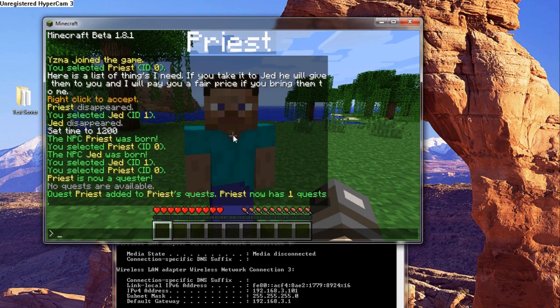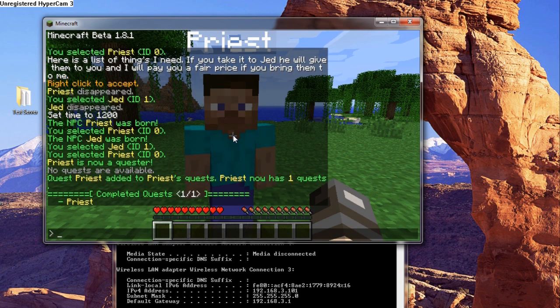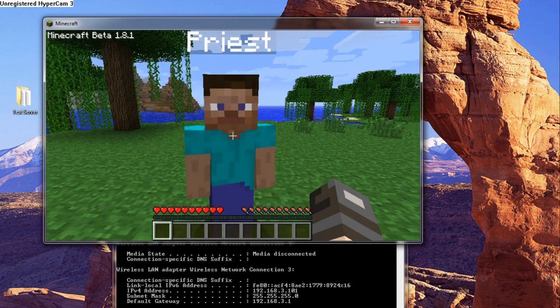Okay, there we go. So now it says he has one quest, and if we go slash quester quests, yeah, I had that right, quests, it will show which quests are assigned to him, because you can have him have multiple quests if you want, you know, like if you had a rank system going or something, and quests that had to be completed before you could do others, or however. But you can only have one quest on your character at a time. You can't do multiple quests at once. Anyway,